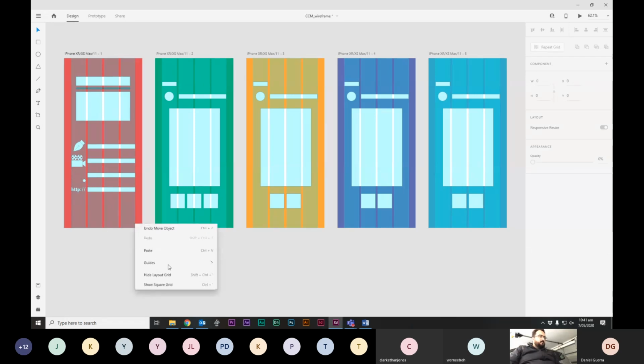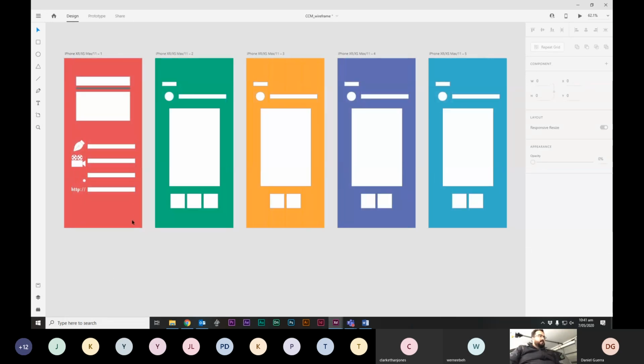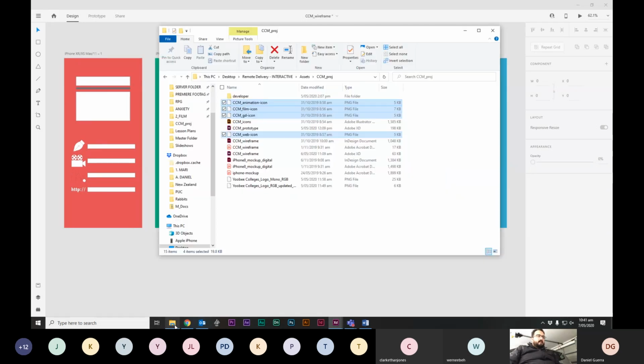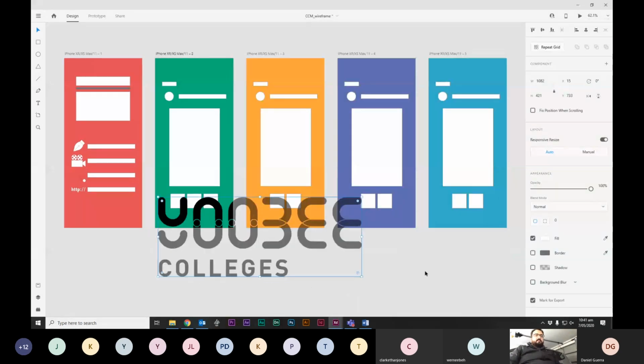Okay, there we go. Right. Now, I have the logo here as well, RGB, also in a PNG file. Okay. So please notice that when I bring in something from the outside,